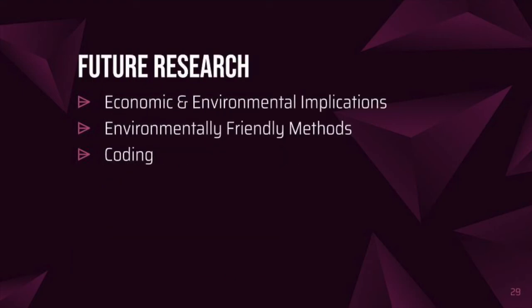If someone were to continue to conduct research, I have three main suggestions and gaps within my research that I think would be extremely beneficial. First, I believe that the economic and environmental effects of the increased use of anti-icers should be studied in order to figure out if there is a material that stands out as the most beneficial in every lens. Second, I think there should be research conducted to test out potentially environmentally friendly and chemical-free alternatives that are usable on a large scale. Finally, in order to figure out what material or mix of materials is best overall, I believe it is important to create a code that can assist in directly comparing the economics, environmental statistics, and efficiency of each anti-icer and